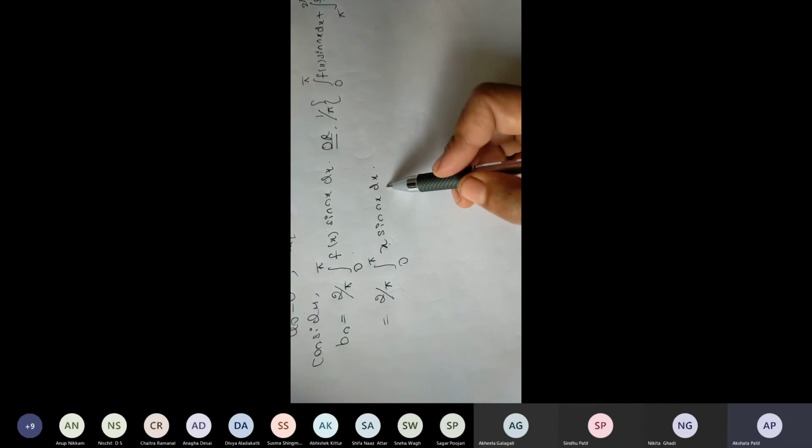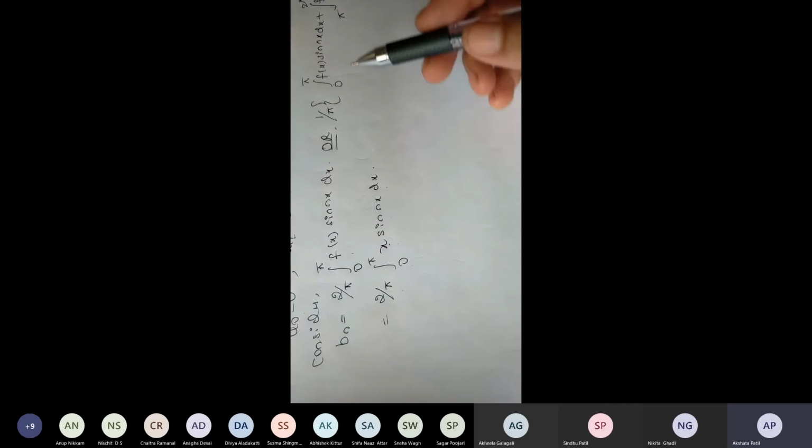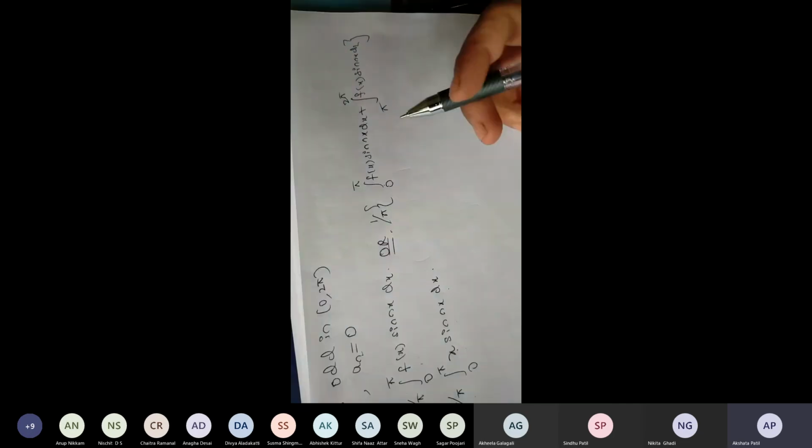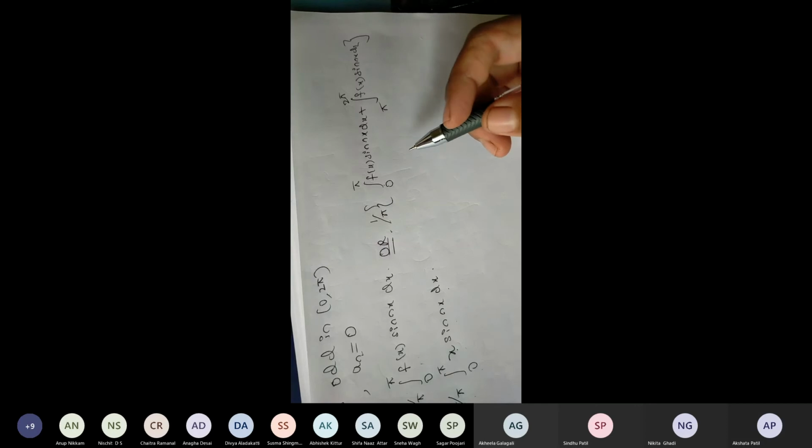So now which one should I use here, the first one or this one? Tell me which one we should apply here. Can I use the first one, or if you get confusion move to the second formula? Which one do we need to use here? Second one. Second one. Okay, just wait.